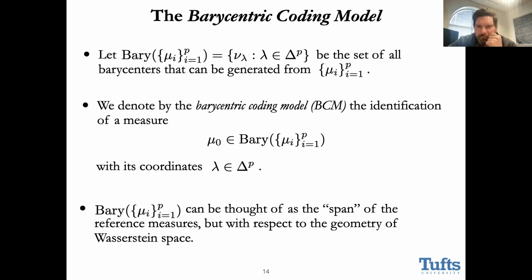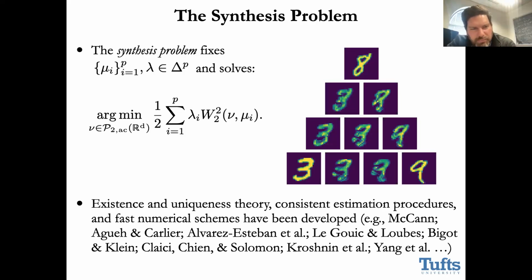Hey, James. So if I take a barycenter between two measures, and I scale lambda 1 and lambda 2, like I imagine growing lambda 1 from 0 to 1 and shrinking lambda 2 from 1 to 0, would the curve that comes out be the same as the geodesic from one measure to the other in Wasserstein space? It is. Awesome. Is, in fact.